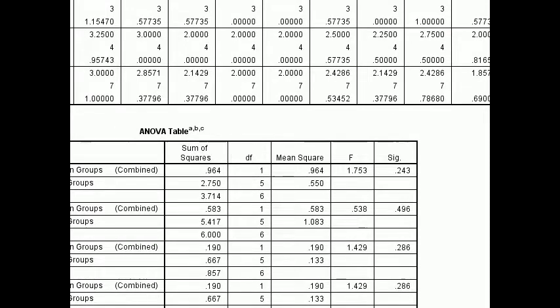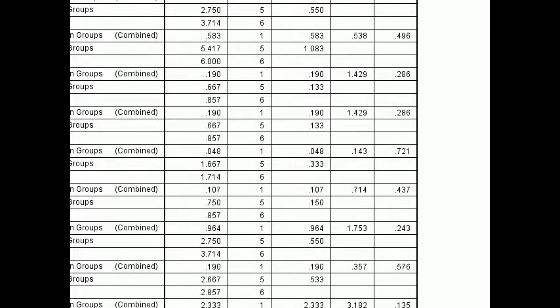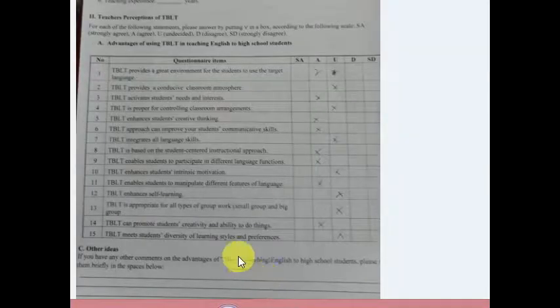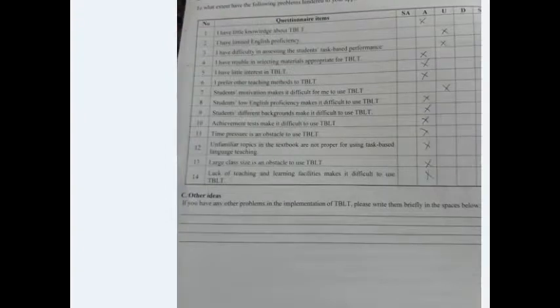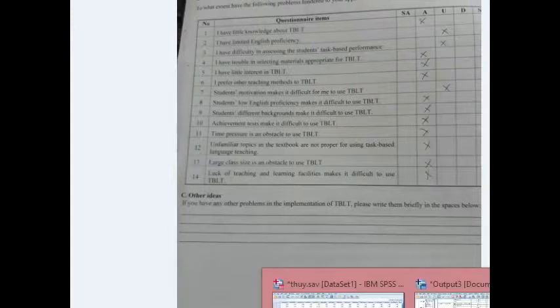How about qualification, whether BA or MA? This is significant. Problem 12 is significant. Let's look at that. Problem 12 is significant, and it has something to do with, let me look at that, unfamiliar topics and text are not proper for using task-based language learning. So unfamiliar topics, maybe it is because